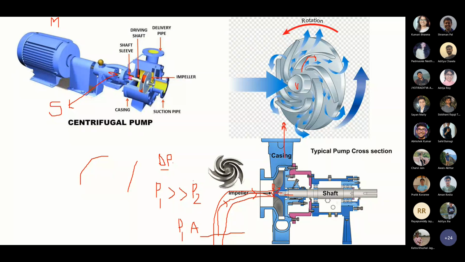Now, sometimes when you turn on the pump, no water comes. Sometimes you turn on the pump, no water comes. So why does that phenomenon happen? If the vacuum generated at this position is very high, let's say if the vacuum generated is